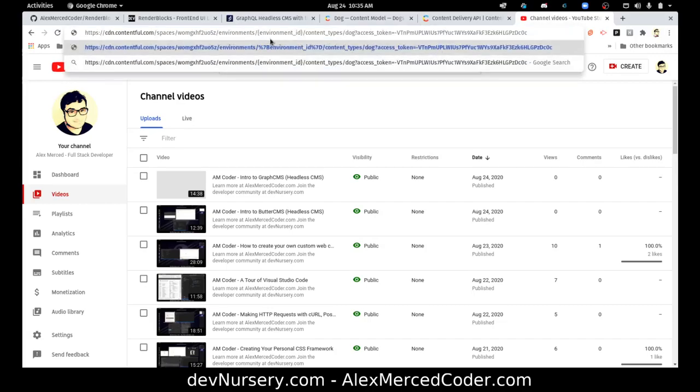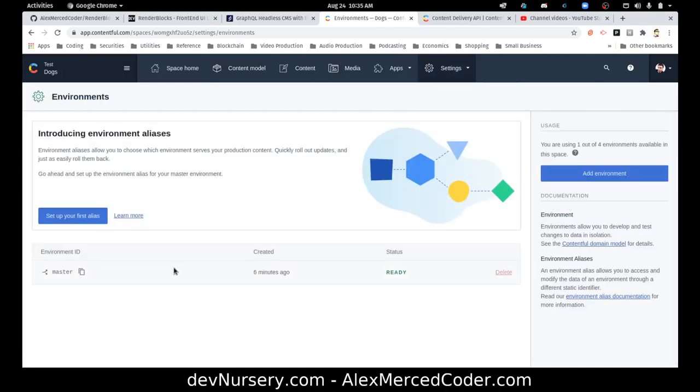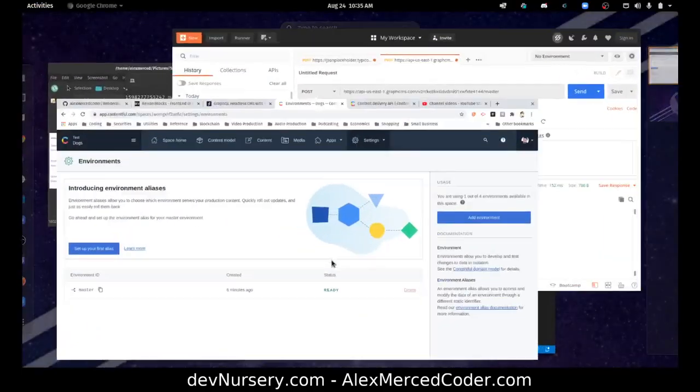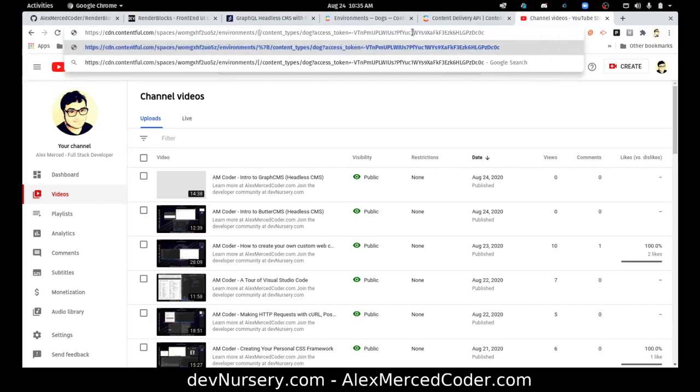I think that's just going to be master, but before I do that, let me just double check. Settings, environments, master. So yeah, it's just master. So, oops. So go over here and then change this environment ID to master, and this should get me the